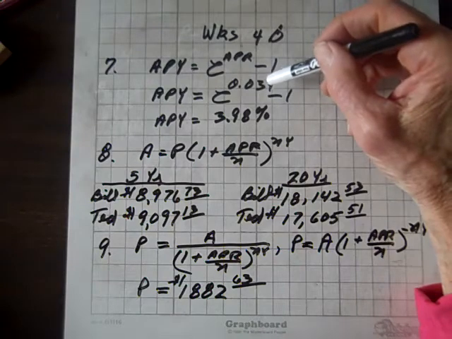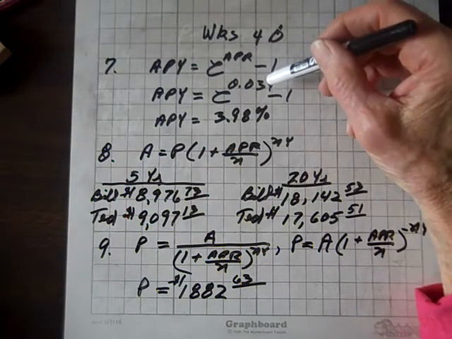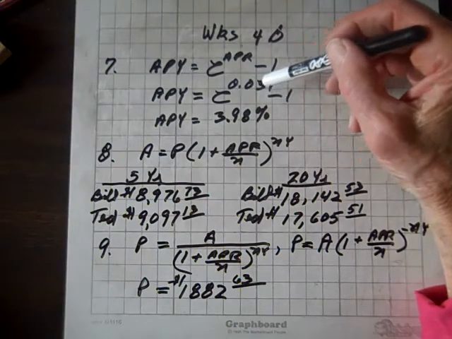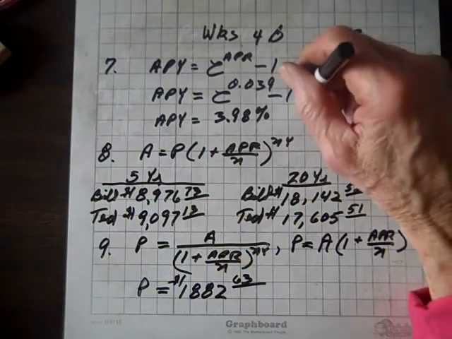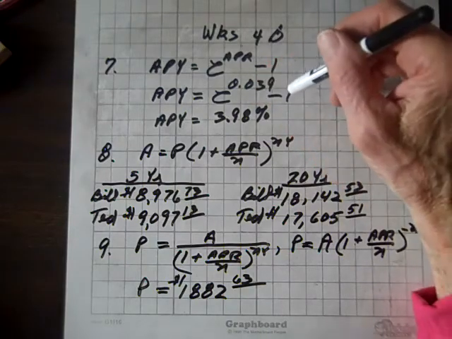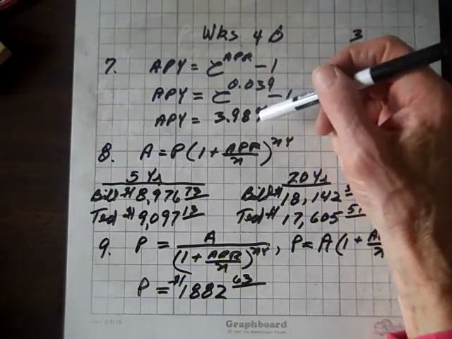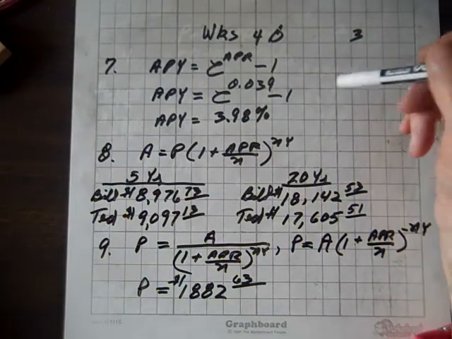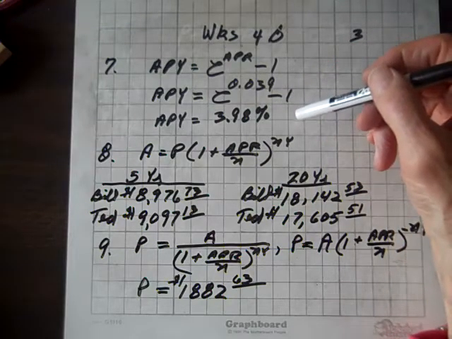So we've got a rate of 3.9%, 0.039, so e to that value, and subtract 1 then from the overall value computed, and you get an annual percentage yield of 3.98%. For number 8,